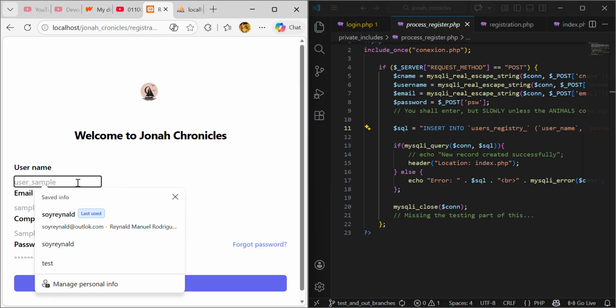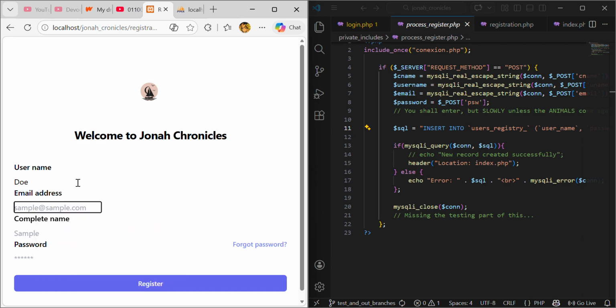Let's say that the username is going to be Doe, and the email Doe at sample.com, and the complete name is Doe Scooby. And we say that we would like to have a password here. That's it. We hit register,